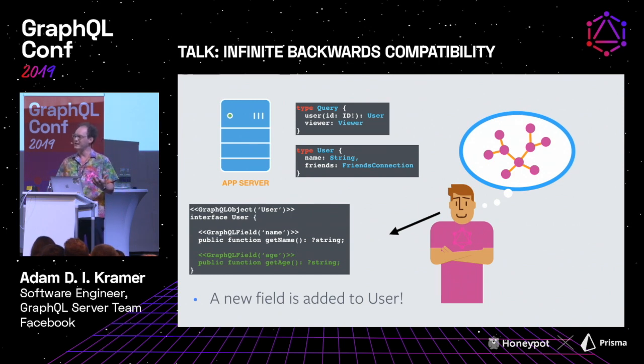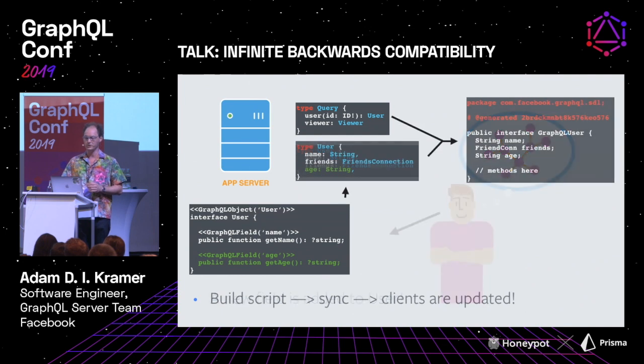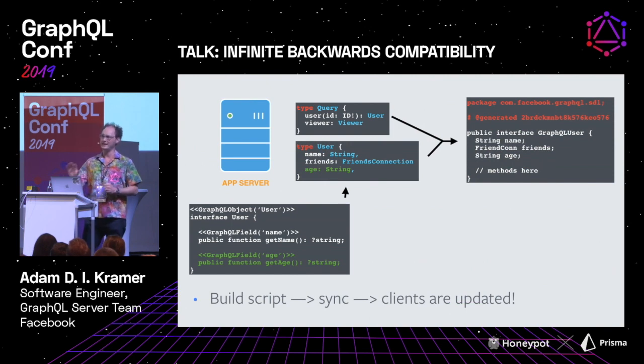Something like that seems like a good idea, so he just goes in and he implements it. He adds a getAge function to the user type and says that that getAge function is also the GraphQL field named age, representing an age. That's all well and good. Then we run a build script, which will produce the changes to the STL that we need. That STL up there is changed automatically via the script,